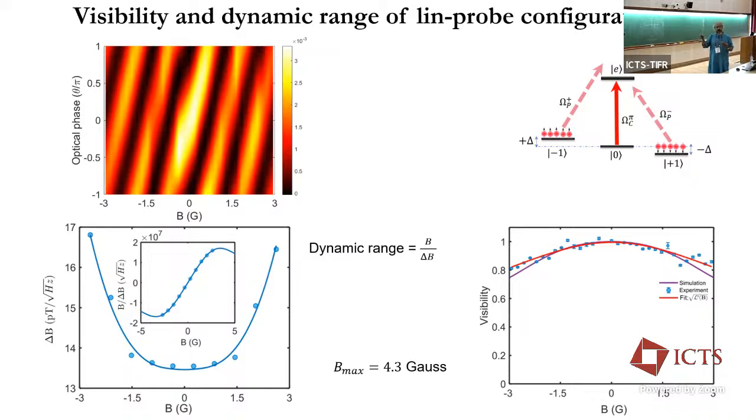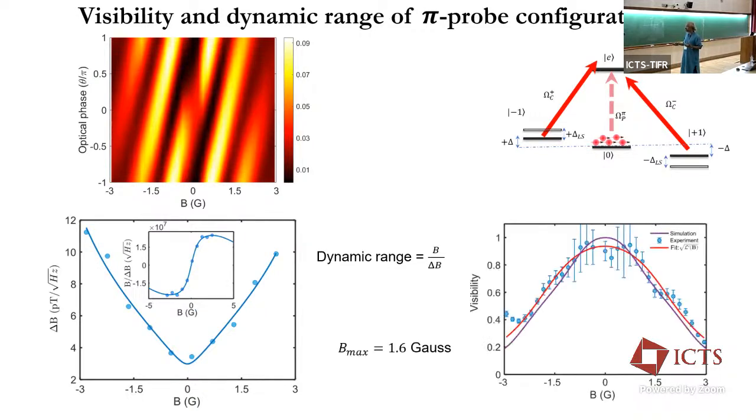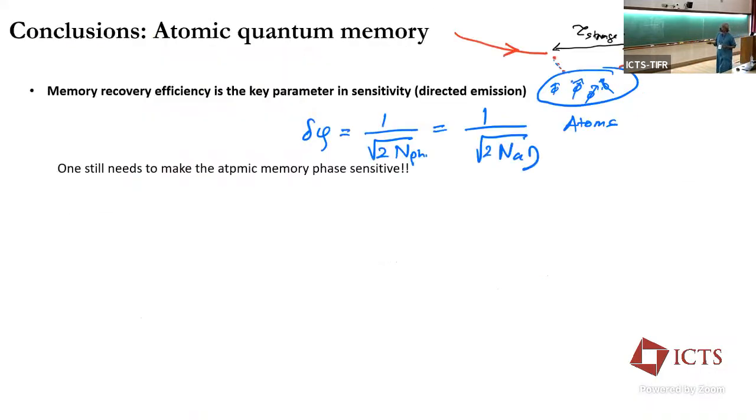In fact, Kasturi's talk this morning had this 1/c contrast, which is kind of the same thing. And then you can ask what is the Bmax over what fraction you're doing. That factor is 10^7 or so for this system. Then you can do it in the other configuration, and there you hit better sensitivity, but it changes sharply. You have a smaller Bmax, but a sensitivity that comes down to 3.8 picotesla, and these are all in a measurement time of that, basically.